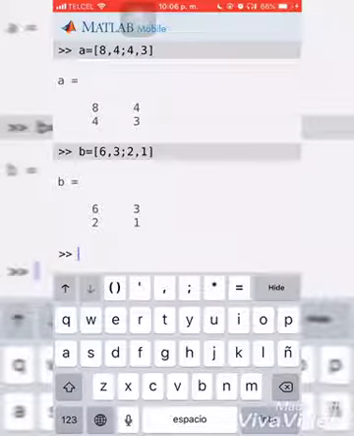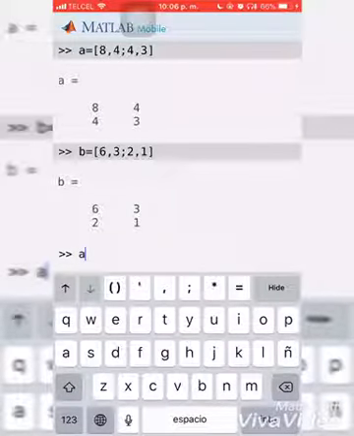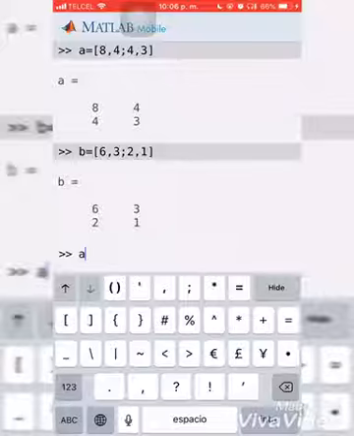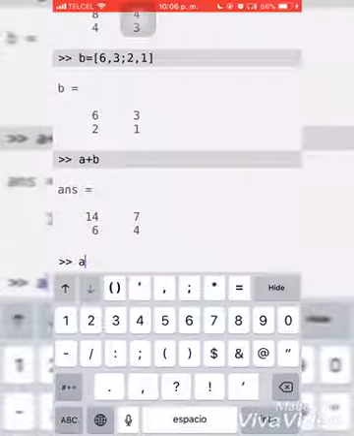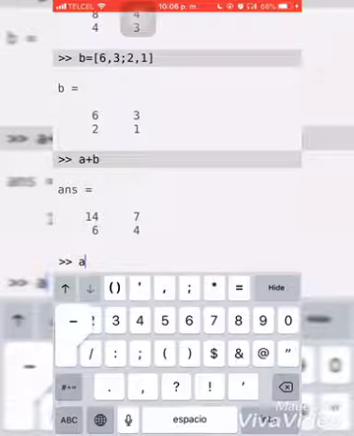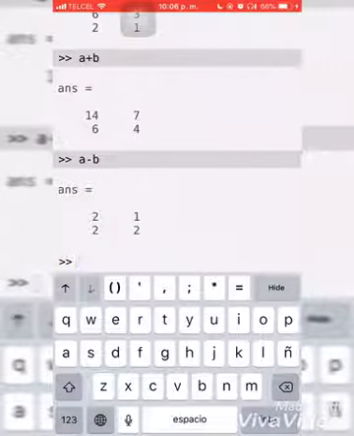And we can even sum these matrices. We just have to put the name of the matrices we have named and the operation we want to do. We can also subtract them. We can also multiply them,